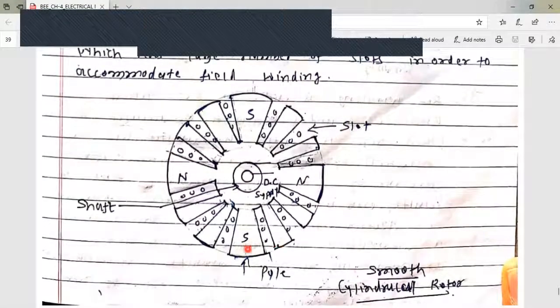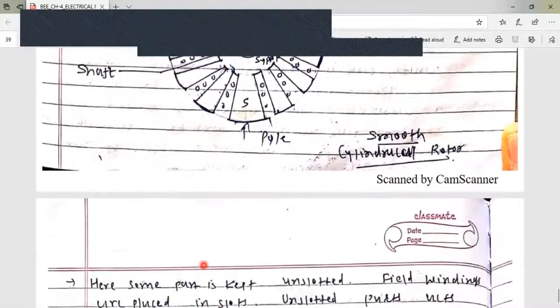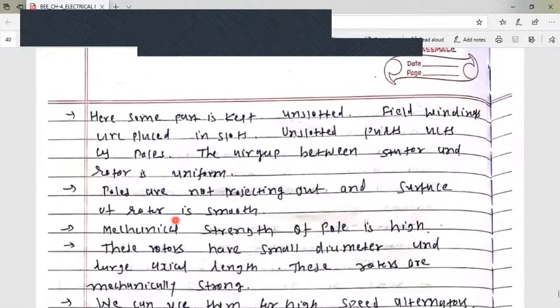These are the poles. See in the figure. Here some part is kept unslotted and field winding is provided in that unslotted part. Unslotted parts act as poles. The air gap between stator and rotor is, as we have seen in the